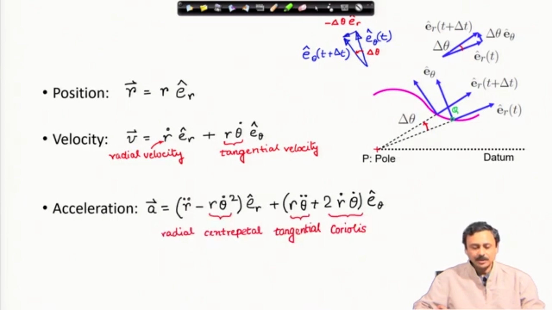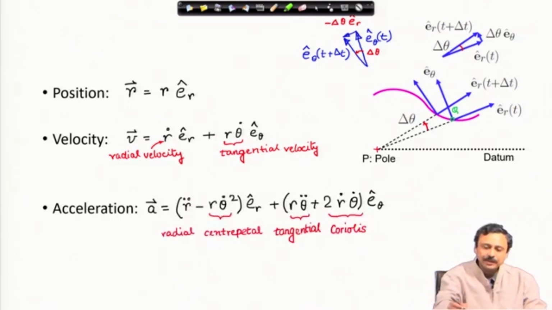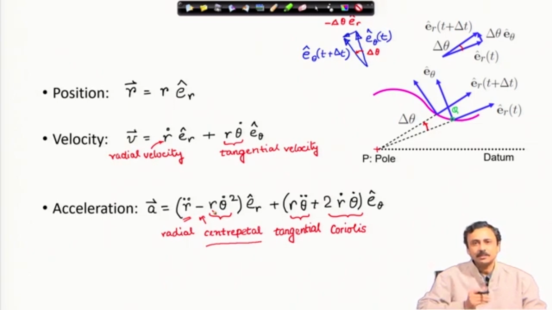Whereas, in the acceleration, we have these 4 terms. The first term is the radial acceleration, r double dot, the rate at which the radius is changing. Then the centripetal acceleration, which comes with a negative sign, which means it is towards negative Er. If you open up the brackets, the centripetal acceleration is towards negative Er, that means towards the pole, towards the center. It is center seeking. So, it is negative of r theta dot square Er,